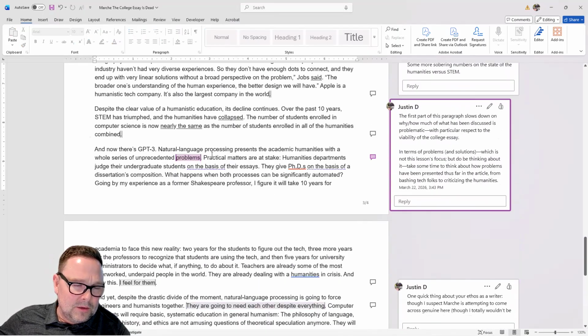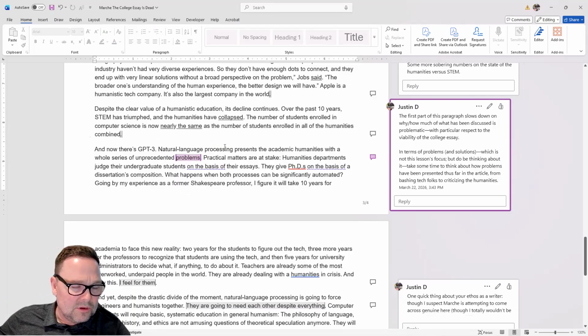But one of the ways that March in this article discusses the topic of AI in higher education, and particularly the death of the college essay, is by calling out problems. I don't know if you've been able to get this as we move through this article, but there are lots of problems with the tech folks that March is pointing out. There are lots of problems with the humanities. So